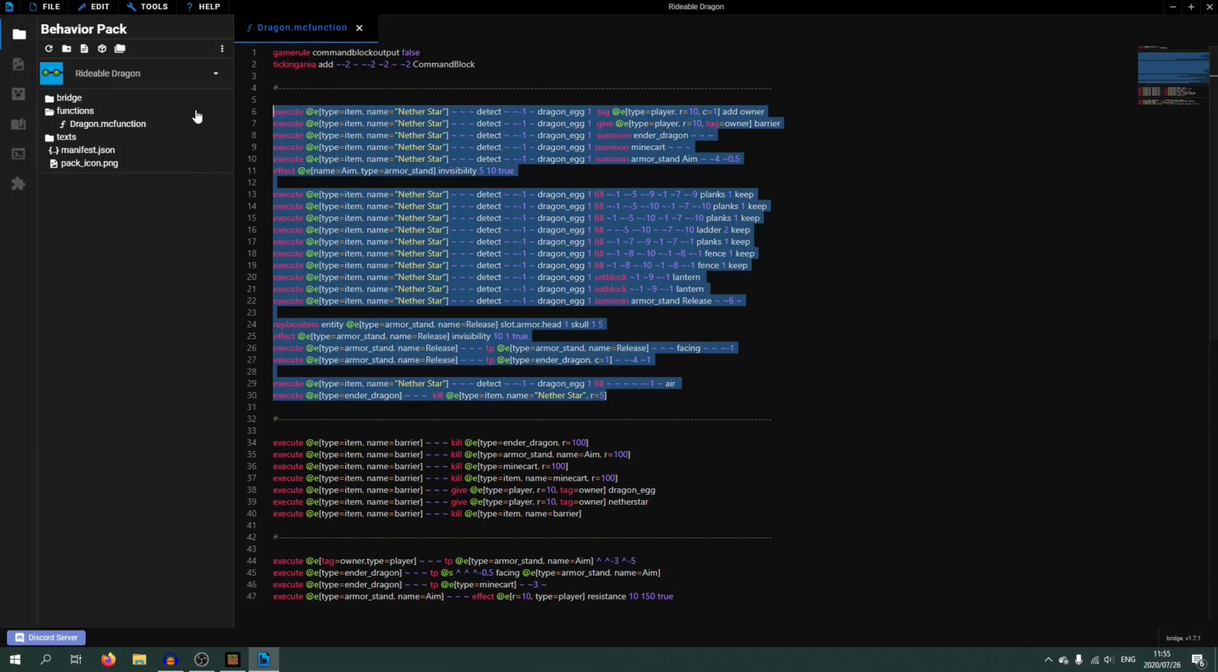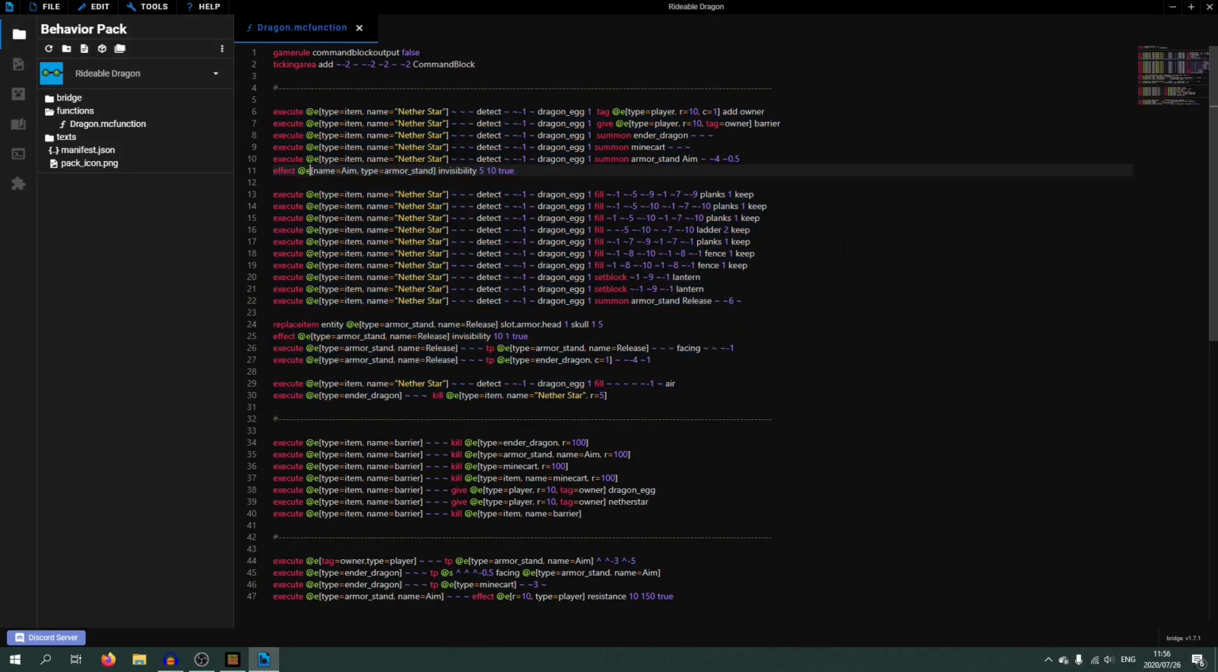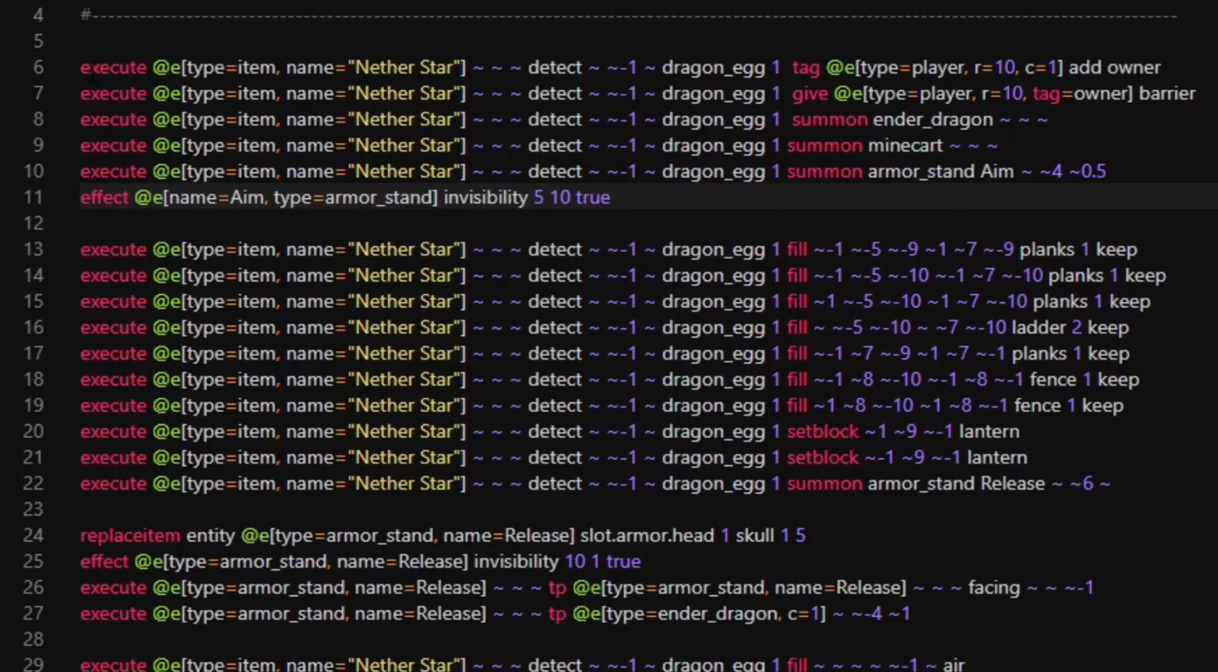Now this second part is basically responsible for summoning and taming the dragon. So we have this execute at entity type equals item name equals nether star. Basically, we just search for the item that's called Nether Star, and then we detect if there is a dragon egg one block beneath that item. So that's why the Nether Star needs to be on top of